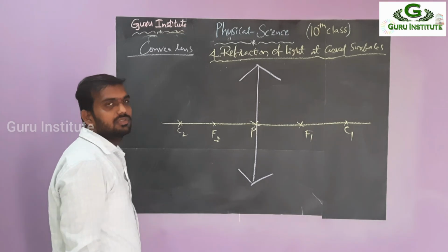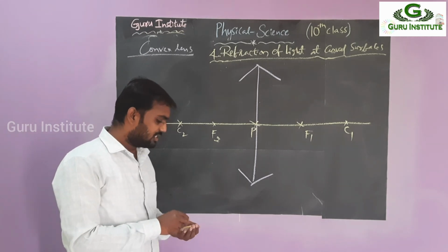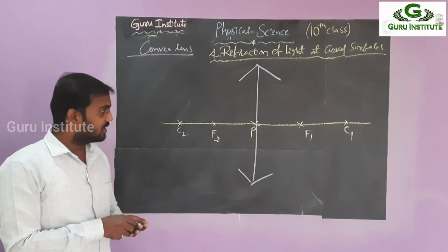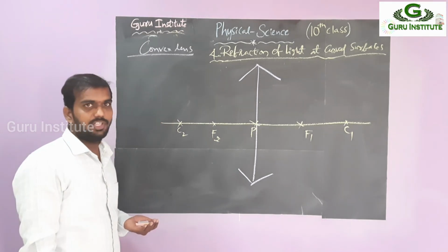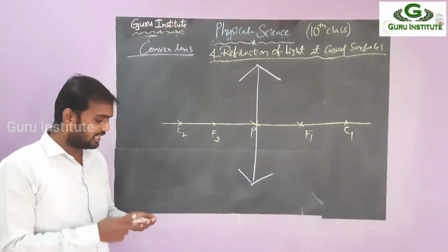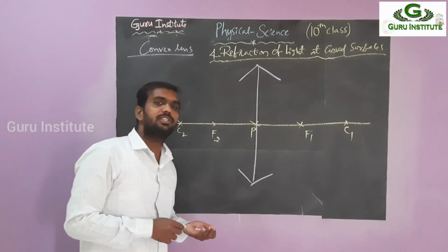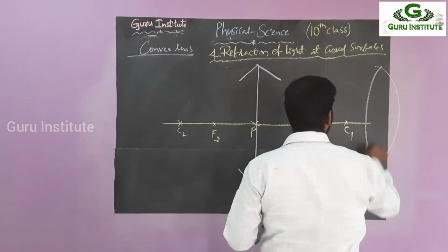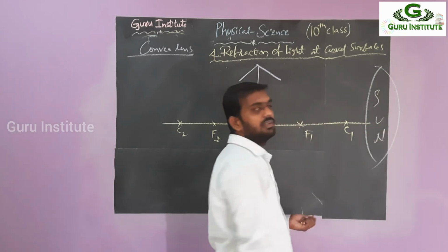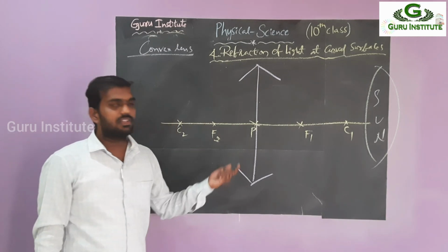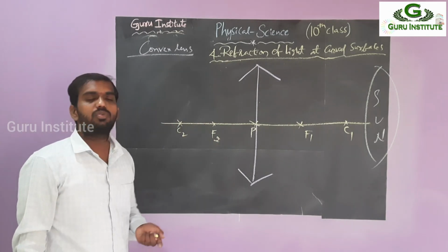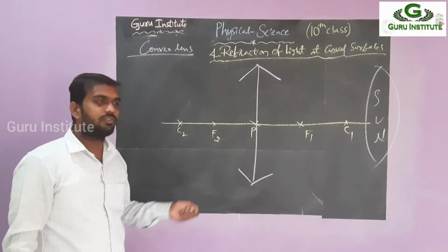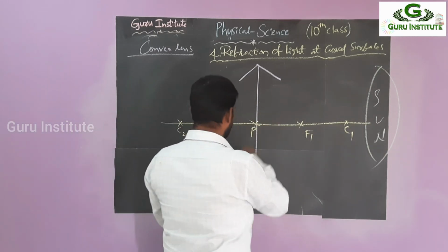Okay, right. So next, what is the first case? In the general case, we are taking rays coming from infinity. Then the object is at infinity. Object at infinity means what? Like the sun. Suppose the object is the sun, then we can take that. Already we saw in the last class that a ray parallel to the principal axis converges and passes through the focus. So like this, this is the first one.